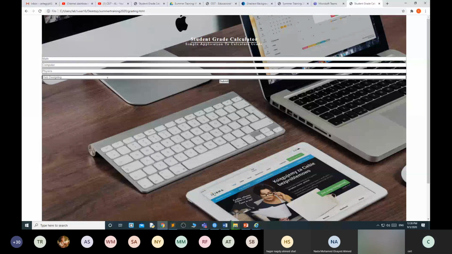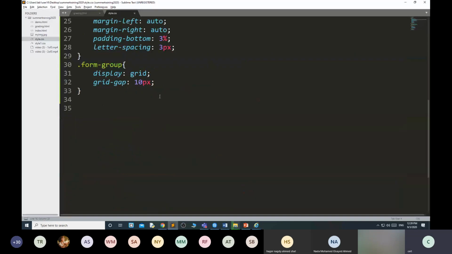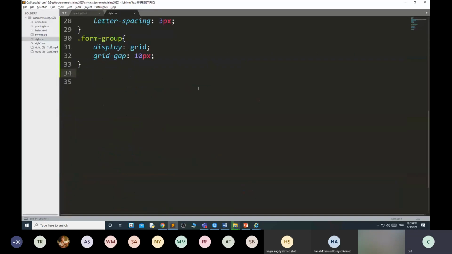Okay, then what I can do, this is the input selector, so here I can write the same form group input.